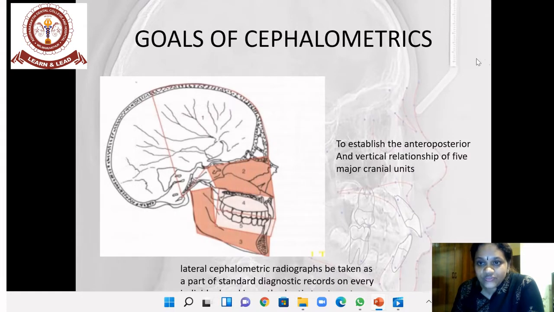So what is the goal of a cephalometric? The goal of a cephalometric is to establish the anteroposterior and vertical relationship of 5 major cranial units. What are the 5 major cranial units? That is your anterior cranial fossa along with your cranial base, then your maxilla, then your mandible, and then